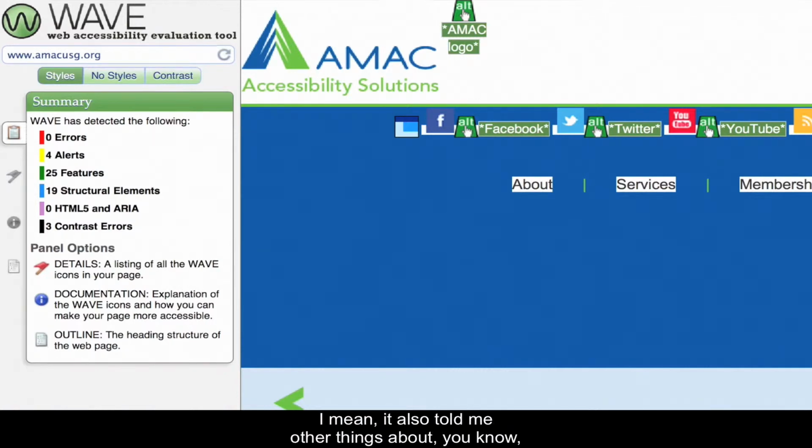It also told me other things about how many features and things. The only thing it detected was something that it will detect on every web page that has images, and that is that it has 5 contrast errors. That's because it sees the picture, and the picture doesn't contrast the way it thinks it should with the screen. So it thinks that's an error, but it's really not,